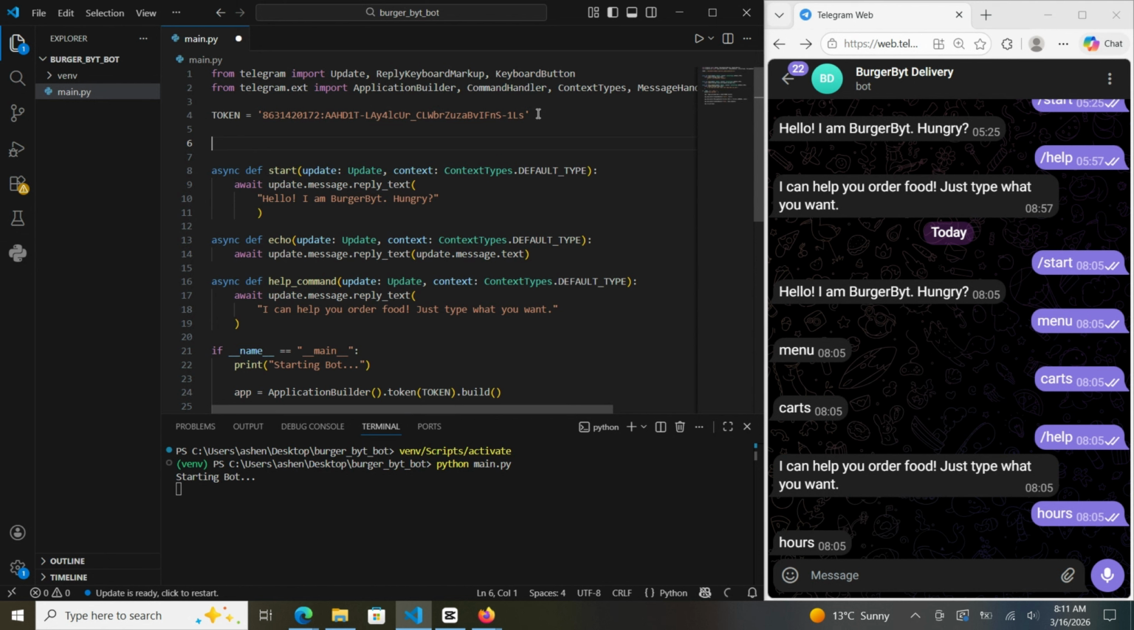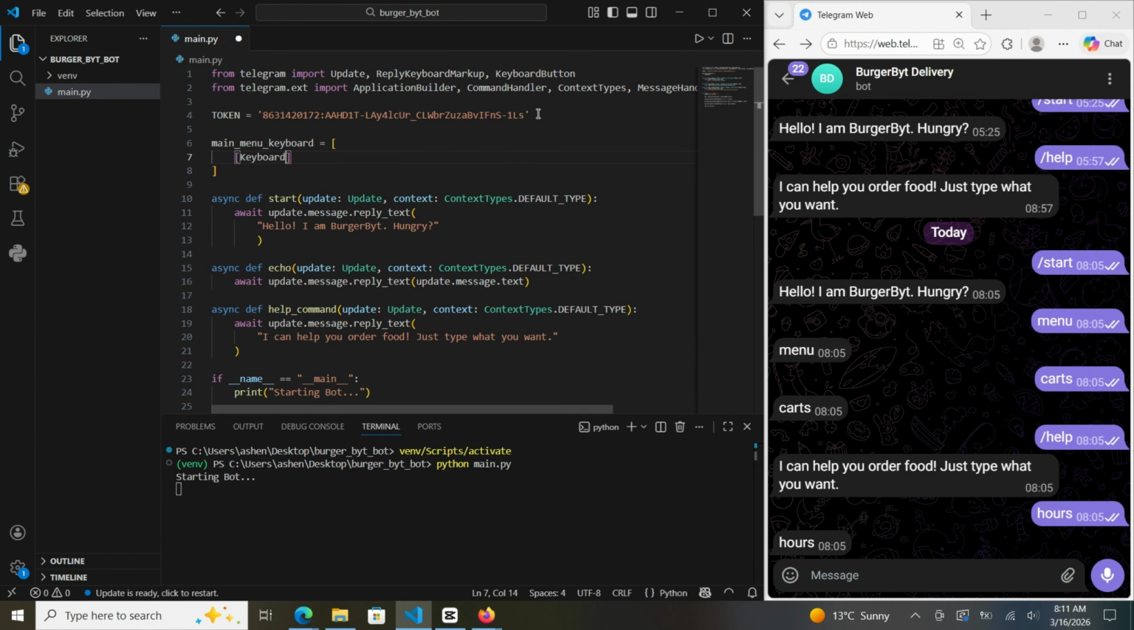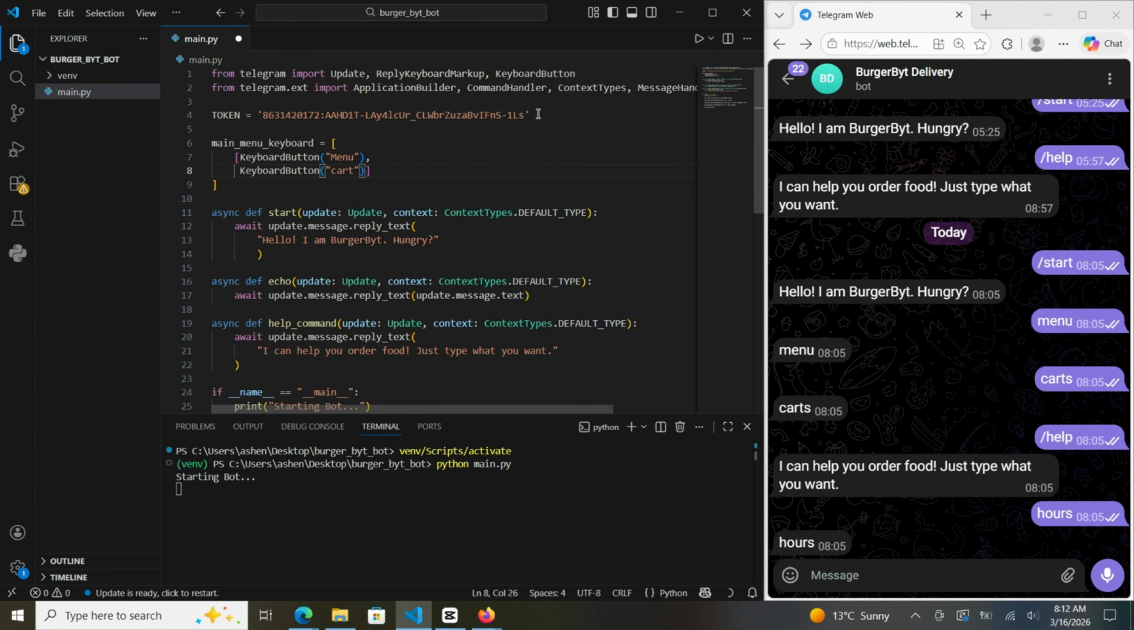Now, a senior engineer tip. Don't define your keyboard inside the function. If you bury it inside async def start, your code gets messy. Let's define the layout as a constant at the top level of our script or in a separate file later. Write this: MAIN_MENU_KEYBOARD equals a list: KeyboardButton Menu, KeyboardButton Cart, then a list: KeyboardButton Contact, KeyboardButton